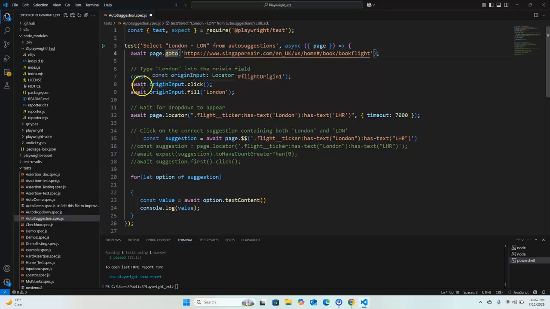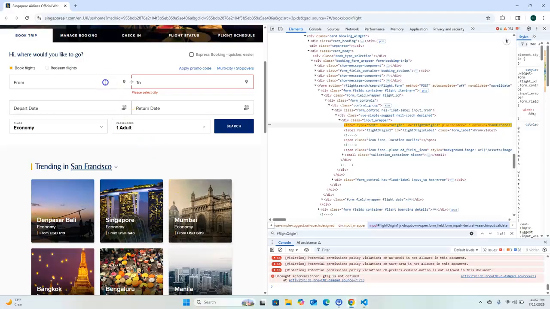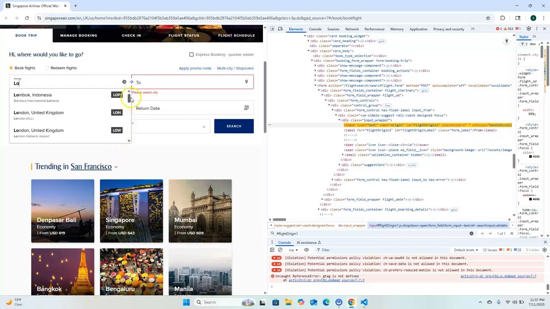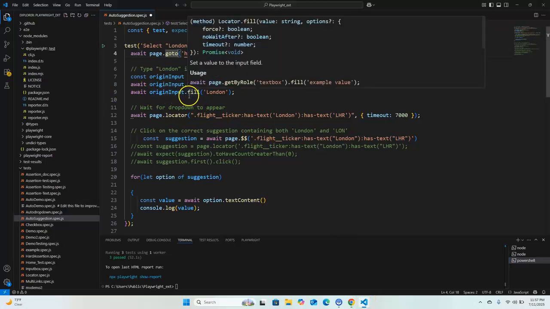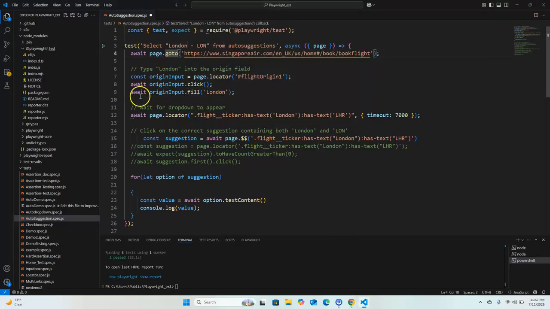And then the await keyword we will use, and this variable name dot click, and the next line number 9, we will fill the data here like London. So like this. So we will use the fill method here. So await origin input dot fill method. So I'm providing London here. And now here